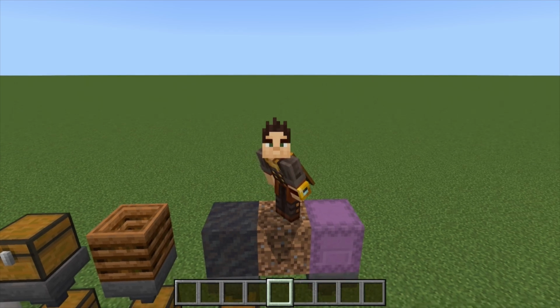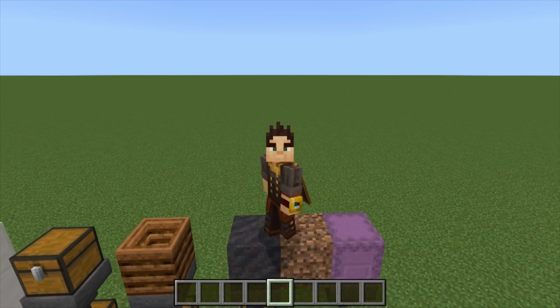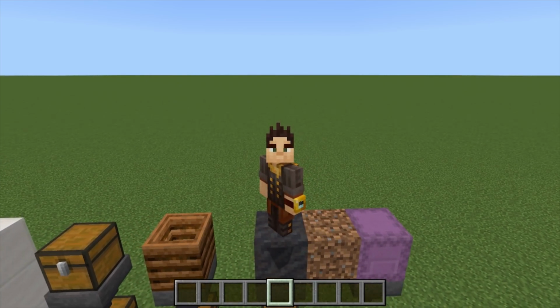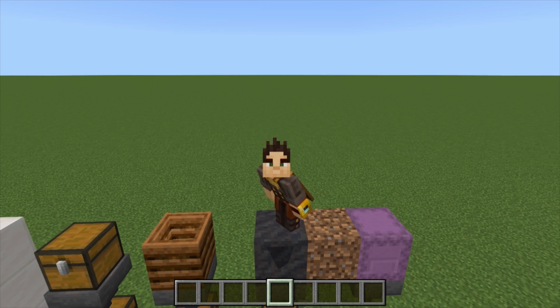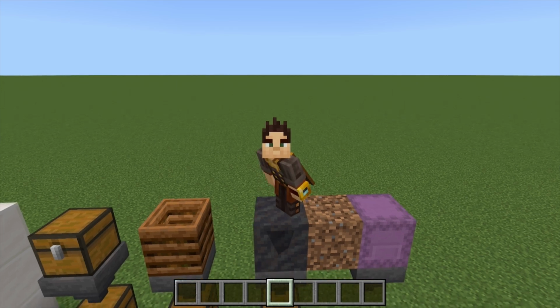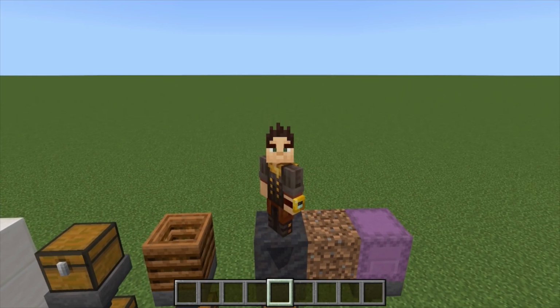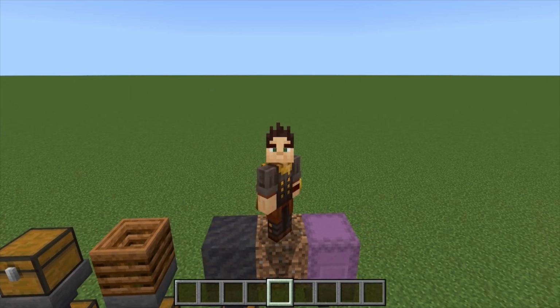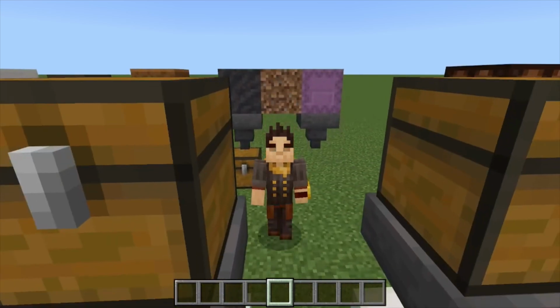So something to keep in mind, and in my personal opinion, this is a great block to use, and I'm talking about mud, because you can have mob farms, skeletons, zombies dropping on top of this, you can collect their loot that way, or if you're doing a plant farm like flowers, firefly bushes, or things like that, you can actually plant it on top of mud, and it will grow on top, be harvested, and then be collected all on the same block, and you actually save yourself some resources, because typically with this, you would have to put